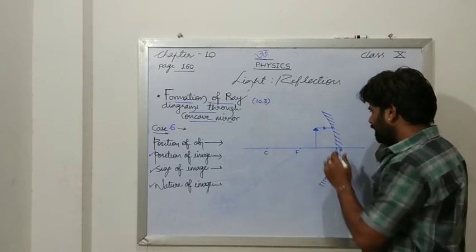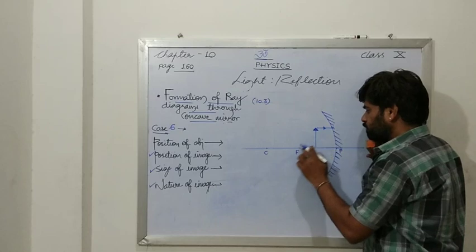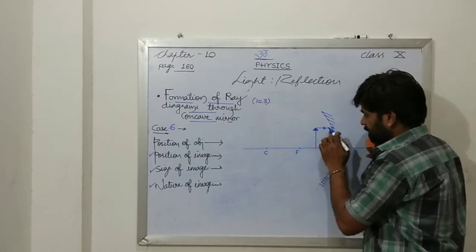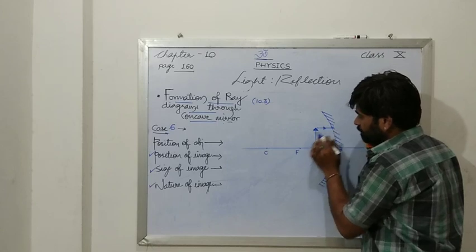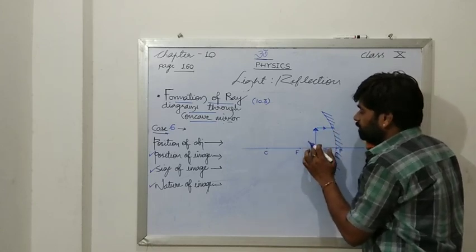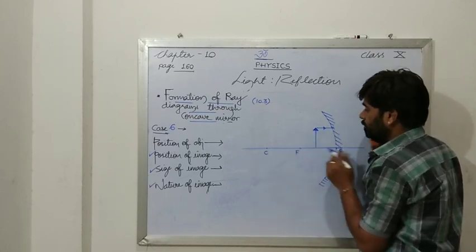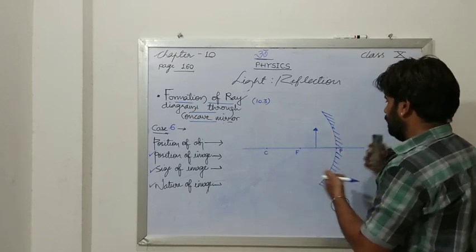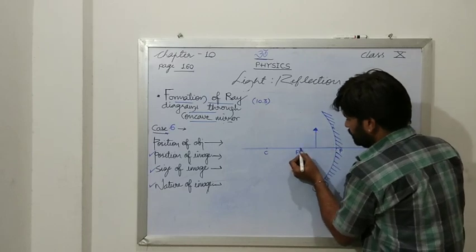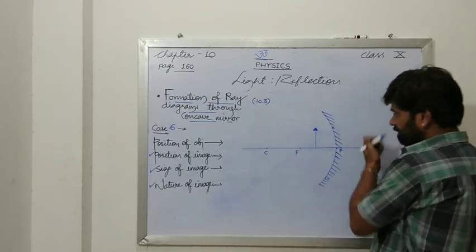Now you may ask, sir, how will it pass through the focus? Yes, it may, but no problem. If it is reflected, it will pass through this focus, but just in between, sir, this object will come. No problem, don't apply this one. Let us apply the next one. Yes, in the next one it passes through the focus, but that should be on this side.